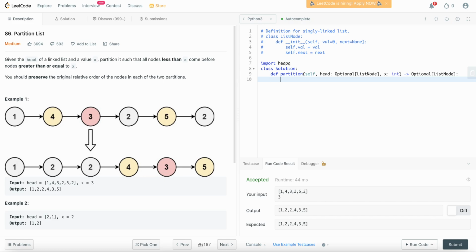So let's start. I'm going to declare a smaller heap array and a larger heap array. I'm also going to create a sentinel node and a copy of the sentinel node. I'm also going to keep track of the index, the position of the node. So while head,